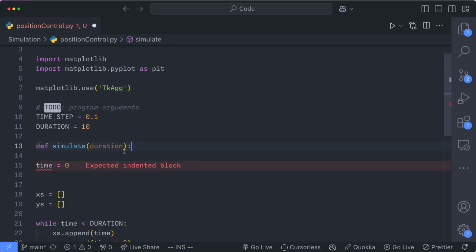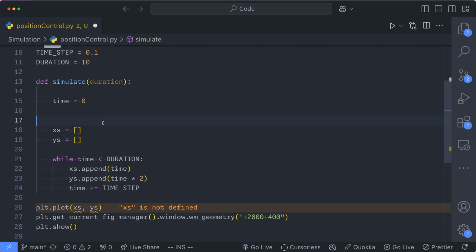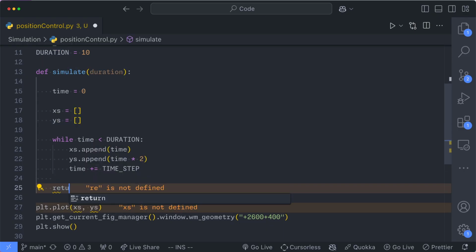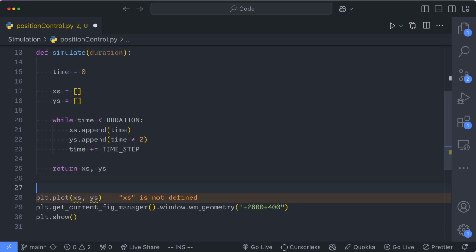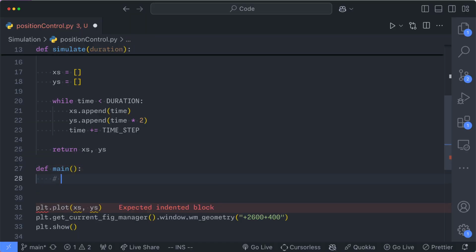And then I can have a function here called simulate, which does our actual simulation. And we can return our position values so that they can be plotted outside. So just following standard Python idioms, normally I would have a main function. Inside here